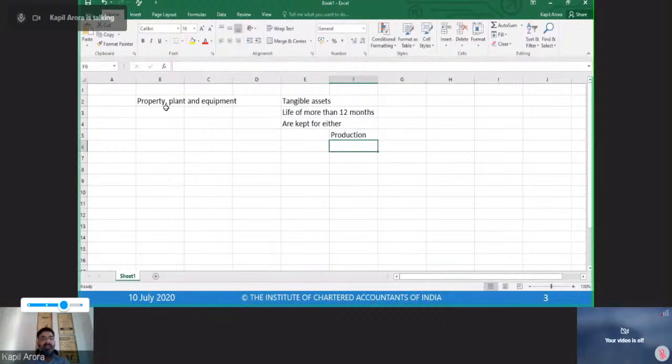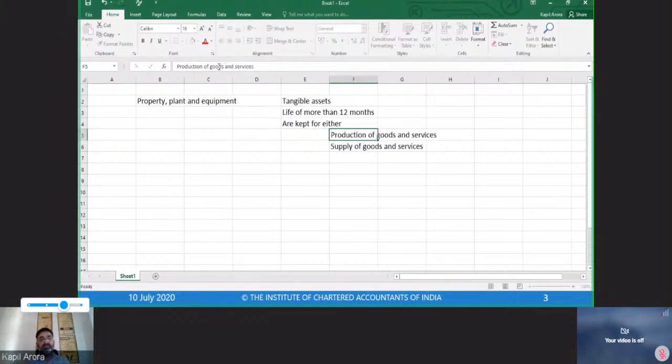Let's say if I talk about production of goods and services, what could be the tangible asset held for it? Supply of goods and services, production of goods and services, and